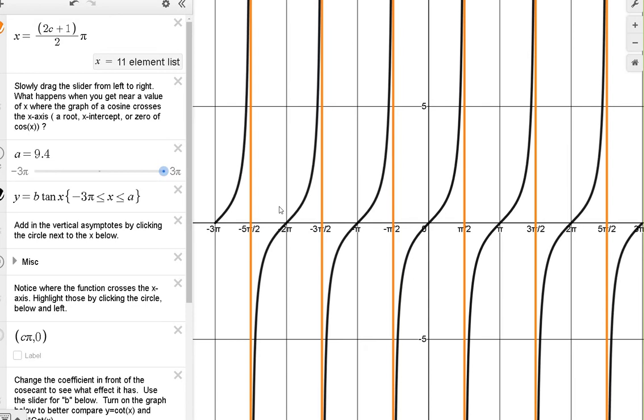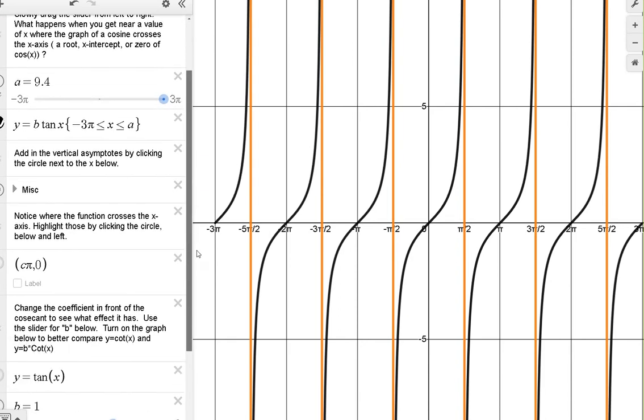In fact, if you look at it, the distance between where it repeats is just pi. So that's a little different than your sine and cosine functions and your secant and cosecant functions, which all have a period of 2 pi. Here the period is pi. So, okay, great. Let's take a look at something else here with regard to the graph of the tangent